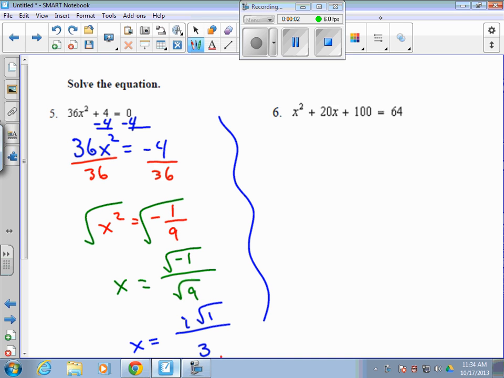It's Algebra 2, test number 10, part 2, picking up on number 6. Solving the equation says x squared plus 20x plus 100 equals 64. For our trinomial x squared plus 20x plus 100,